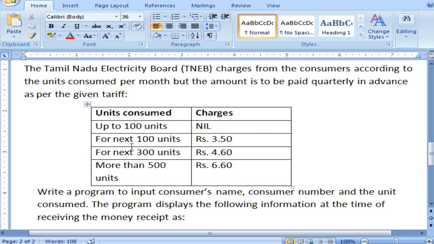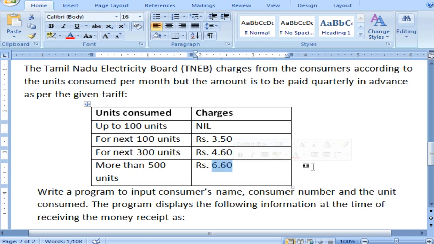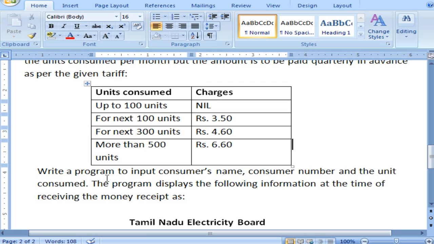And then the next 300 units, so beyond 200 and up to 500, the amount will be 4.60 per unit. And if the units consumed are more than 500 units, then the charge is 6.60 per unit.